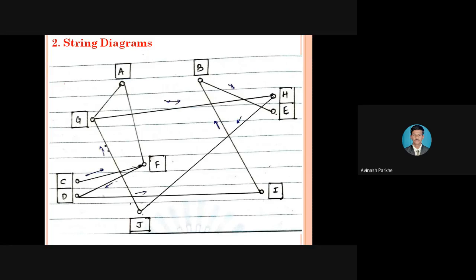So we are going to apply the string diagram to the existing layout which is already designed and already implemented in the industry for production purposes. This method is very effective as compared to the flow diagram, because whatever complex backtrackings take place, in some operations the backtrackings happen many times, or disturbances arise many times, such complex backtrackings and processes cannot be recorded by using the flow diagram. Such complex processes can be recorded by using this string diagram.